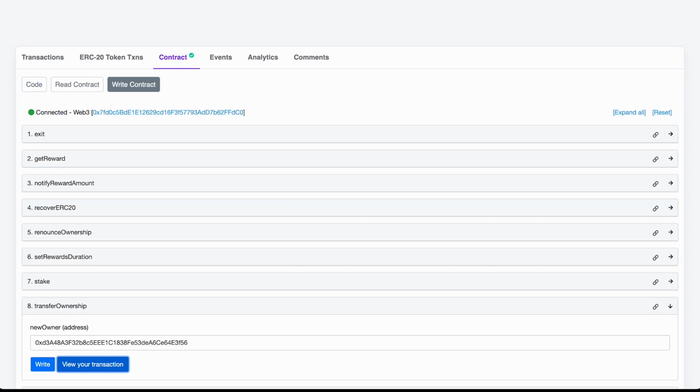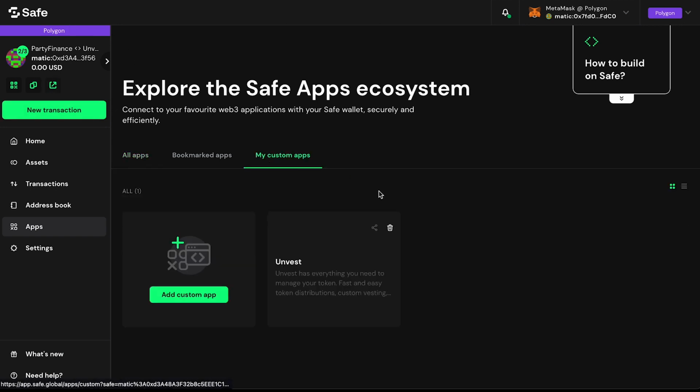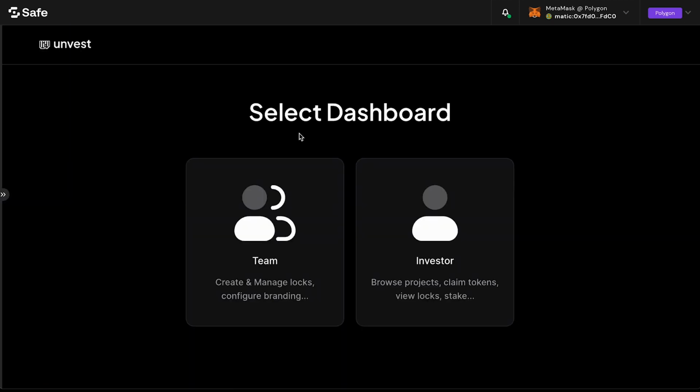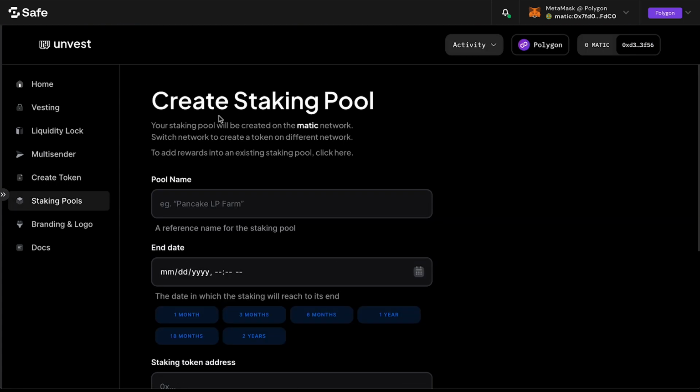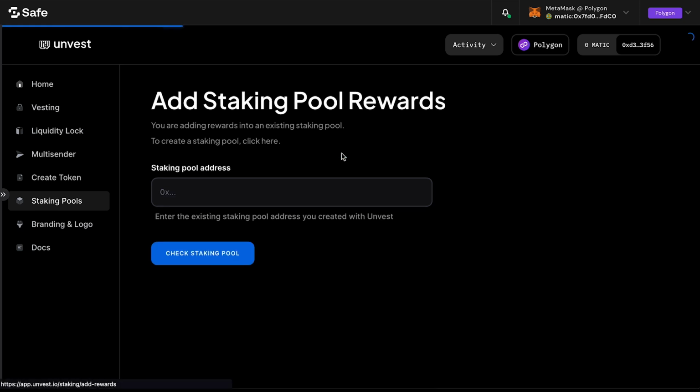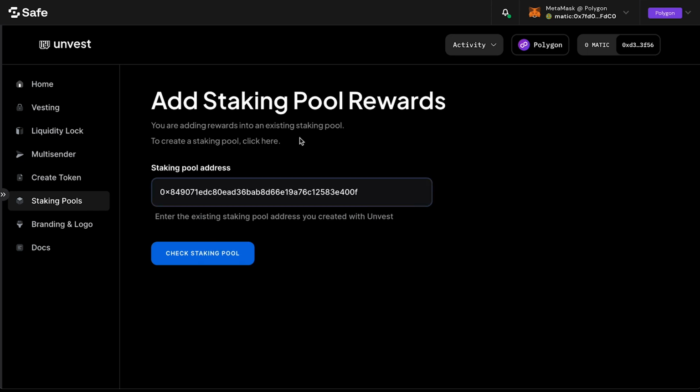Once that's done, we will go to the Safe platform and we will connect to the Unvest app. So we open the app, click on the team section, go to the staking pool page, and instead of creating a new pool, we're going to click on add rewards into an existing staking pool. Click here, and that's going to pull up a page where we can enter the address of the staking pool that we just transferred ownership of. So we'll paste that into that field, copy it from the scan site,